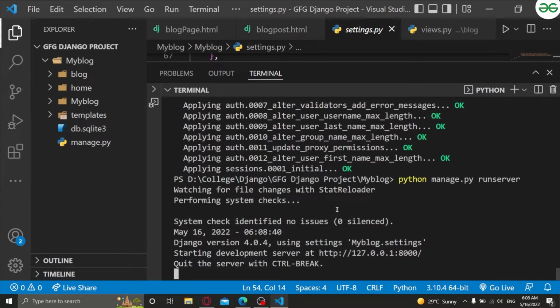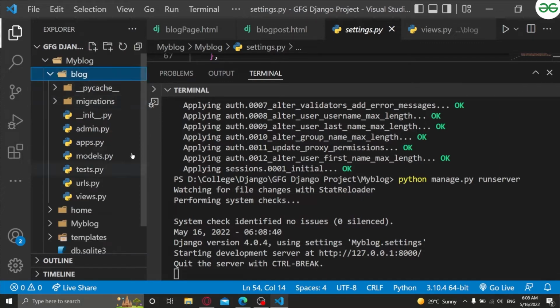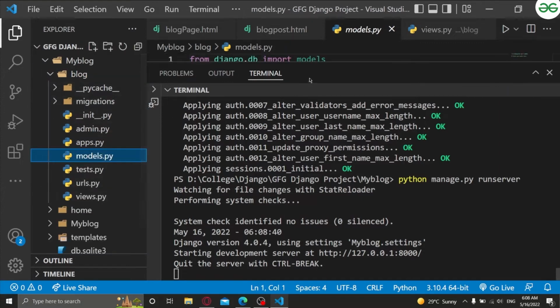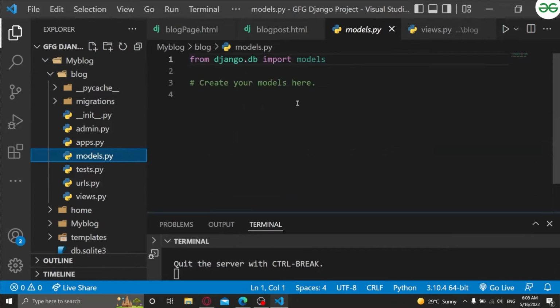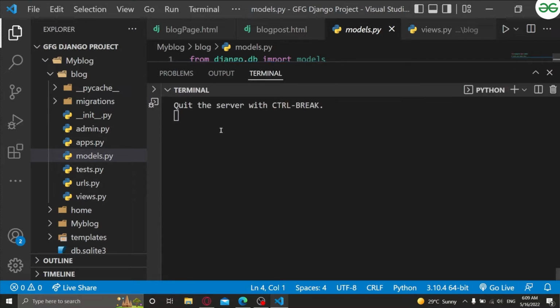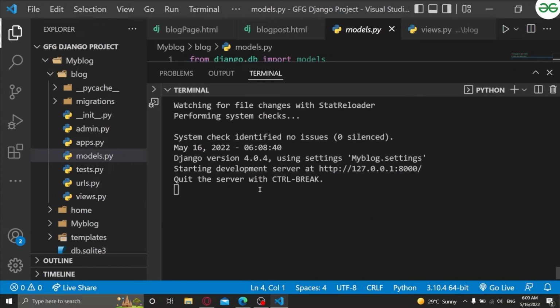So whenever we change some data, like in this particular application there is models.py, and suppose I added a few models and I want Django to recognize it, we have to write python manage.py makemigrations. So it will recognize it. Then when we type migrate, it will store all the data back into its servers, right? So